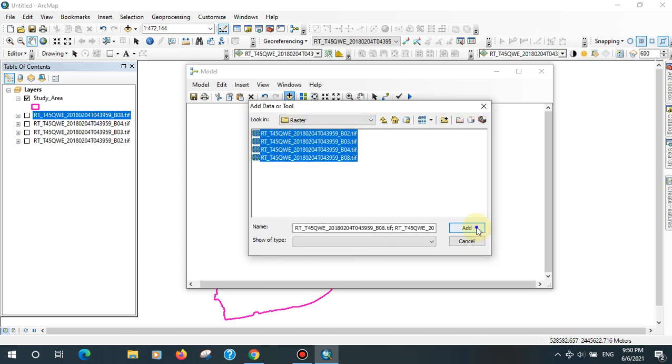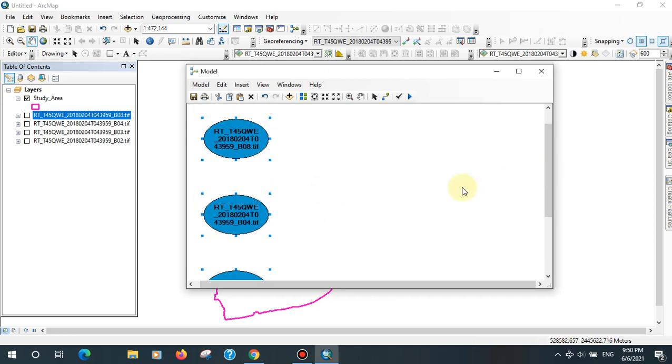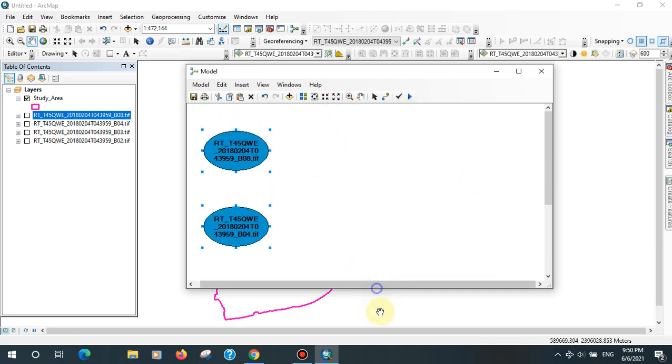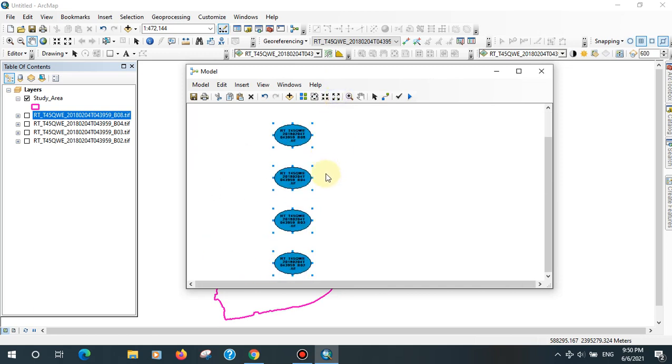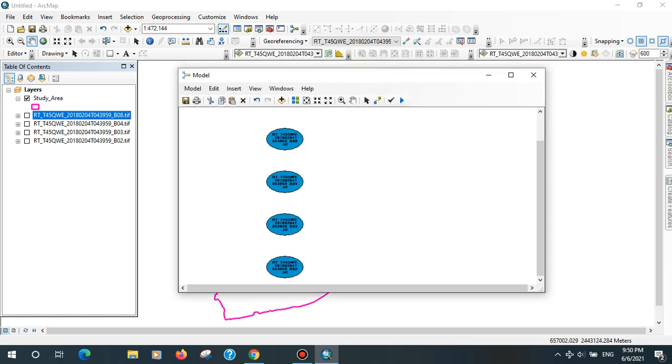Okay, so here add the raster data. Now here is zoom in and zoom out. So this is zoom in, this is zoom out. After adding the raster data, we are going to create the layer stacking image.